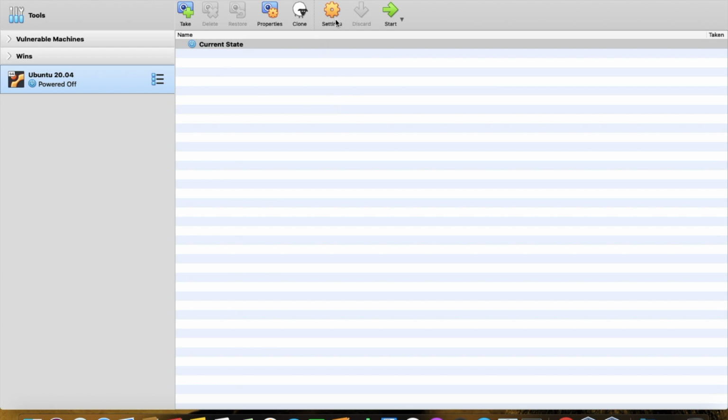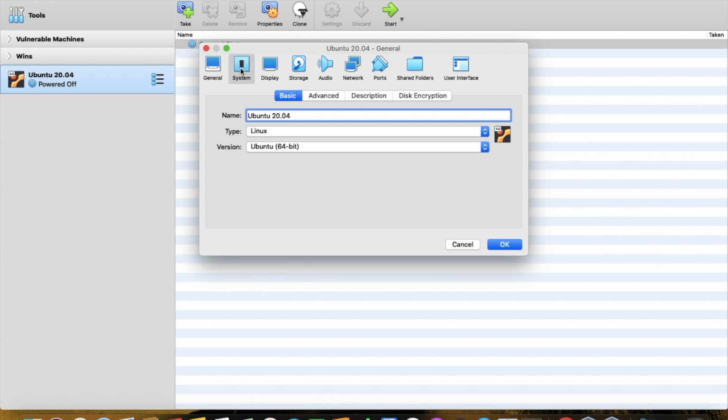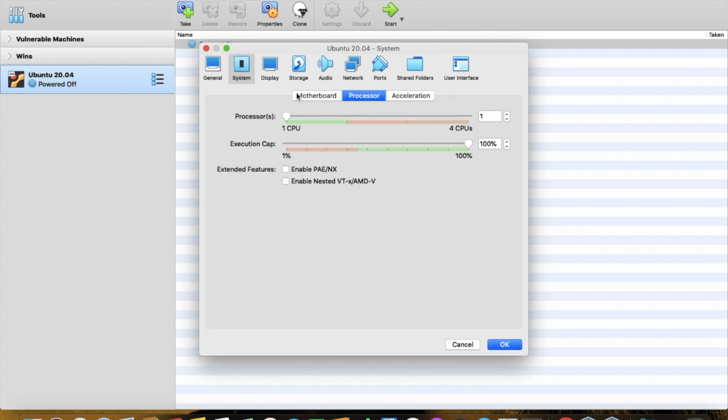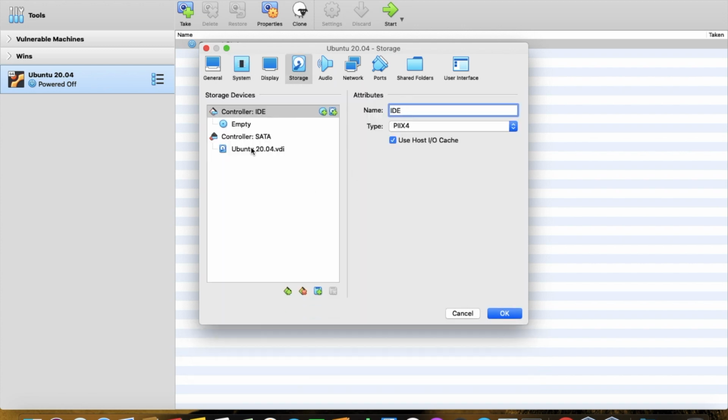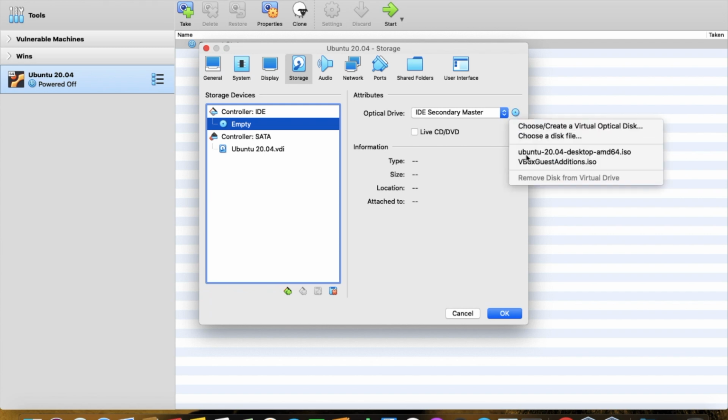We have to attach the ISO file to this VM to boot it. Click on settings, go to system. My settings are everything fine, processor okay. Go to storage, click on empty, click on the disk icon, click. This is the Ubuntu 20.04 ISO file.